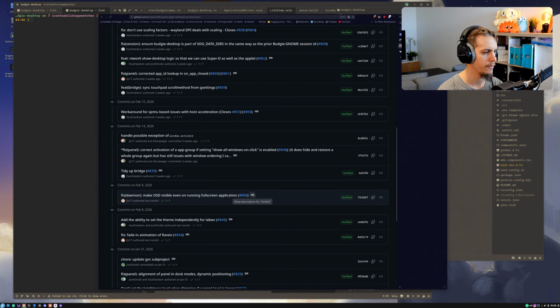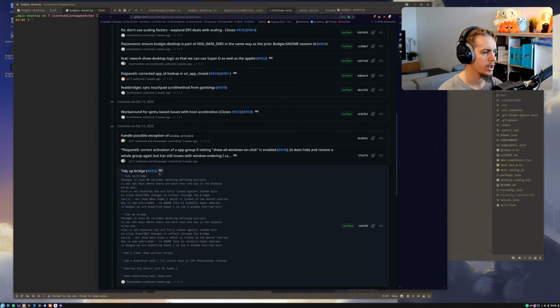We have a fix for daemon to make sure that the OSDs are reported with overlay. So that's helpful. We have some bridge tidying up. Lots and lots of changes related to the bridge. This is going to be a bit of a pain in the butt to actually go through all the changes related to the bridge. But the TLDR is that